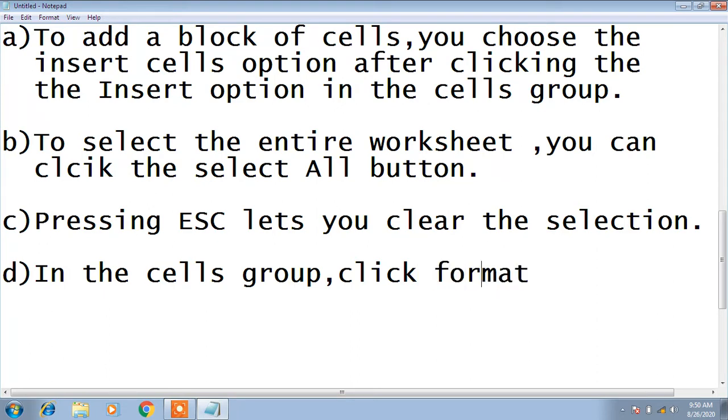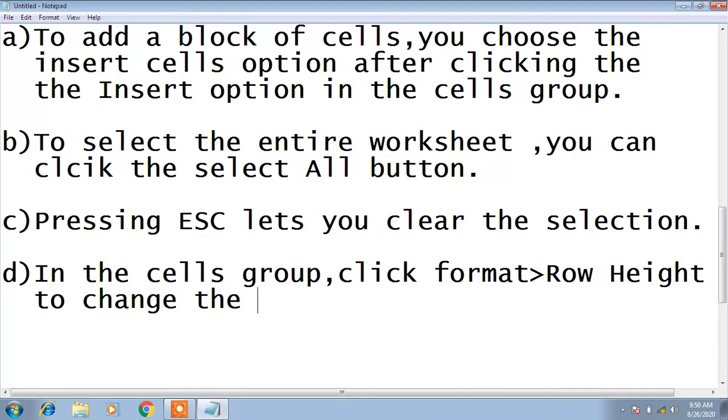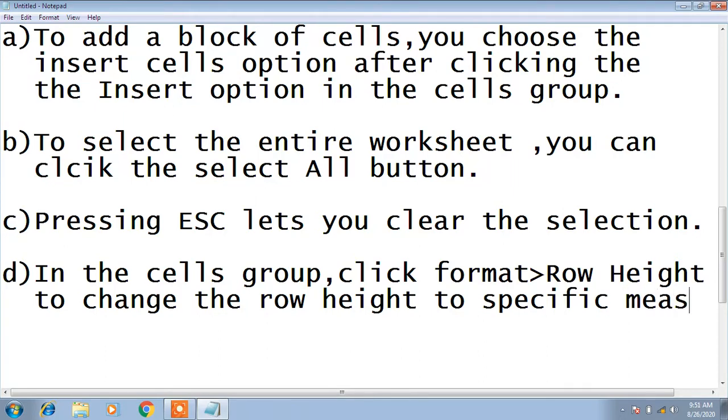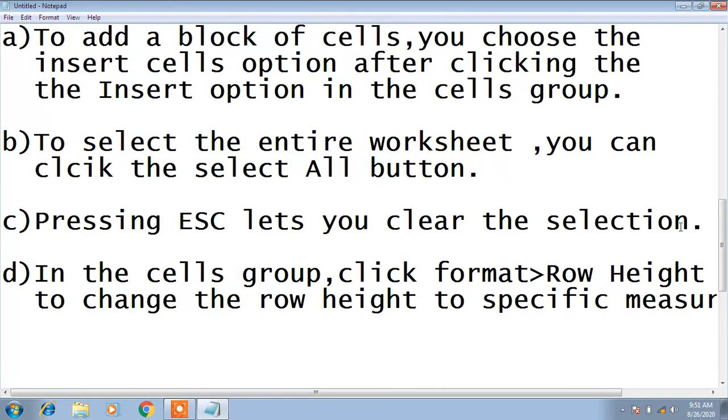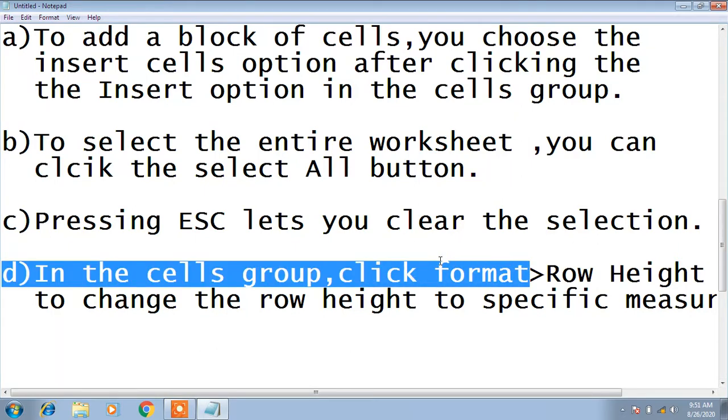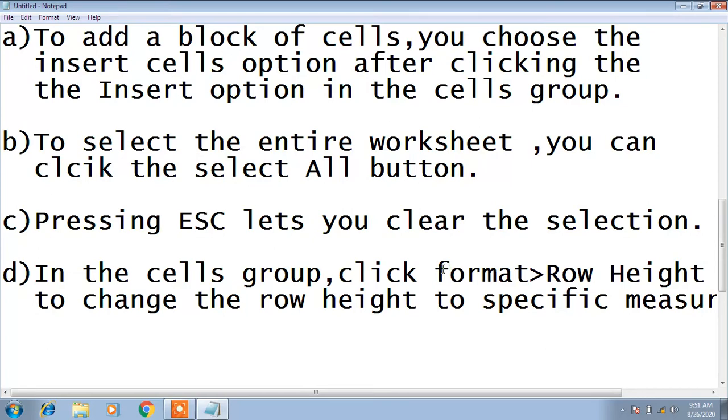Click in the Cells group, click Format, then the arrow, Row Height, to change the row height to a specific measurement. So for the D, the answer is Format. Format is the answer for the question number D.